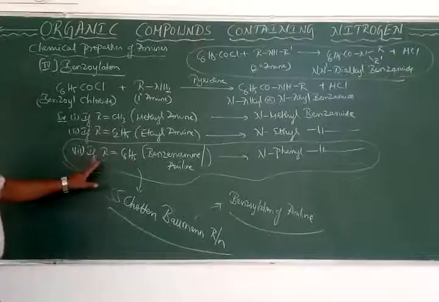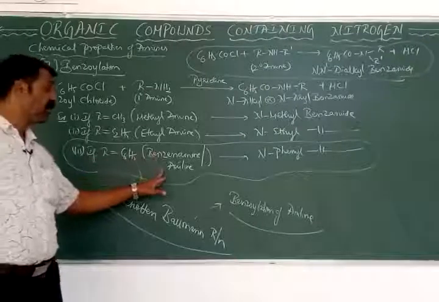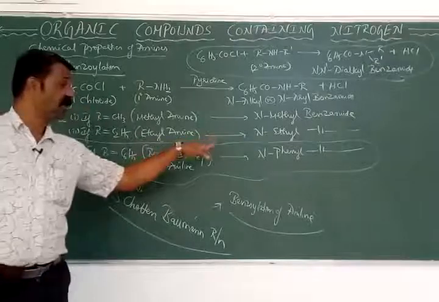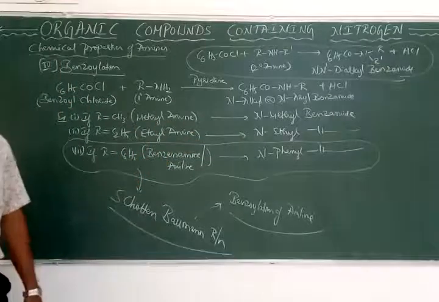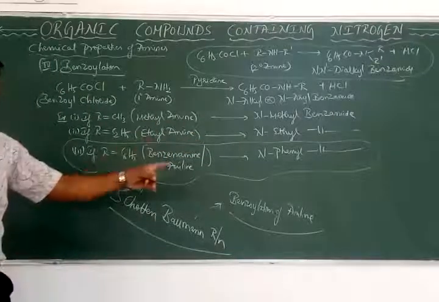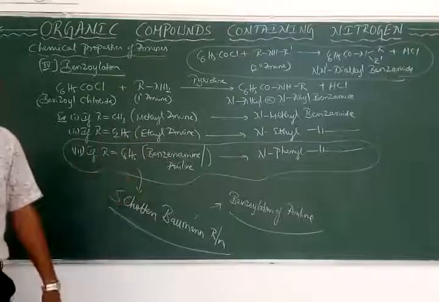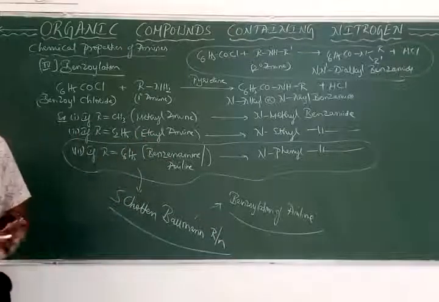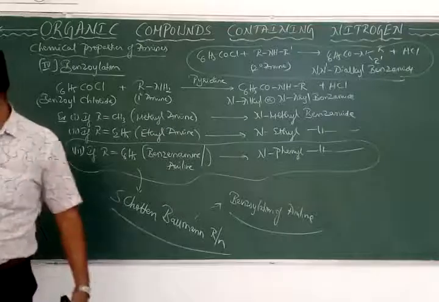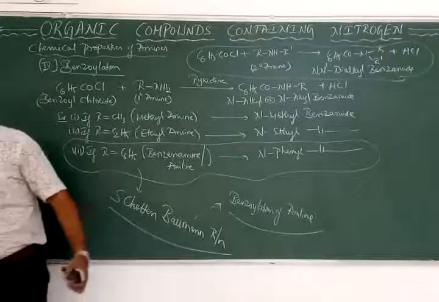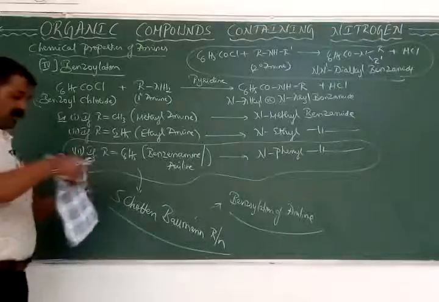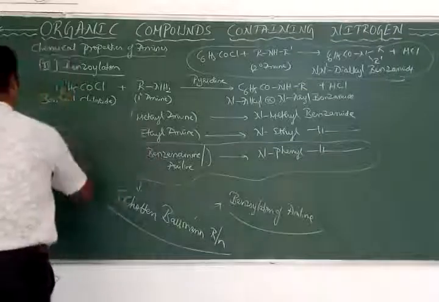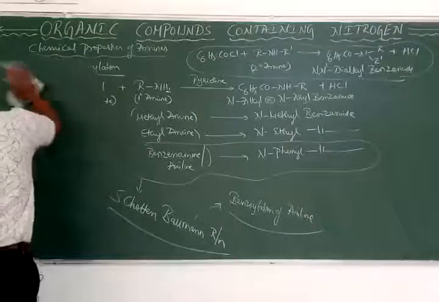What is that? If aniline or benzenamine is made to react with benzyl chloride, it forms N-phenyl benzamide, and that particular reaction is called benzylation of aniline, and that benzylation of aniline is now called what? Schotten-Baumann reaction. Okay, so this is about the fourth property, which one? The benzylation. The fifth one is